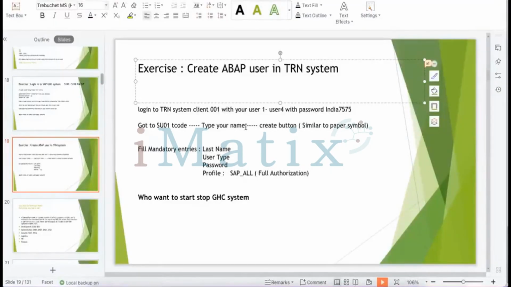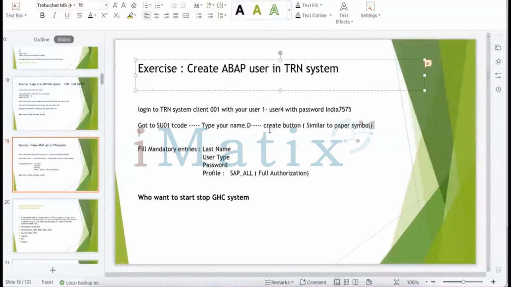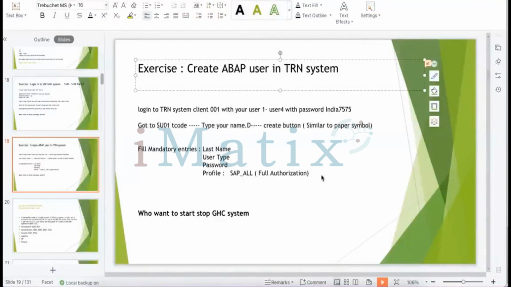You try to create 2 users. You type your name dot d and click the create button, and you create this kind of thing, and type your name dot user. Here for user type, you choose dialog user. Here you type service user and last name, user type. These data will be coming under different tabs. Last name will come under